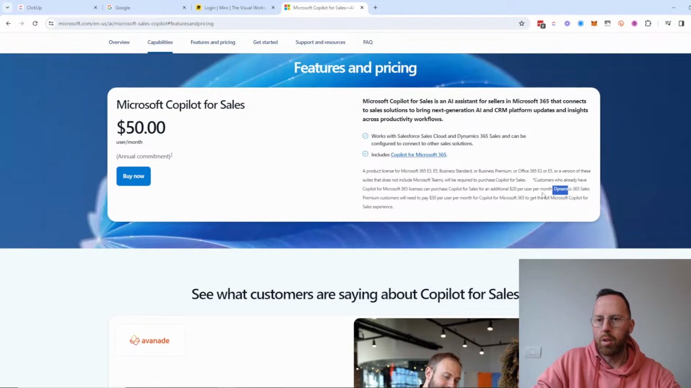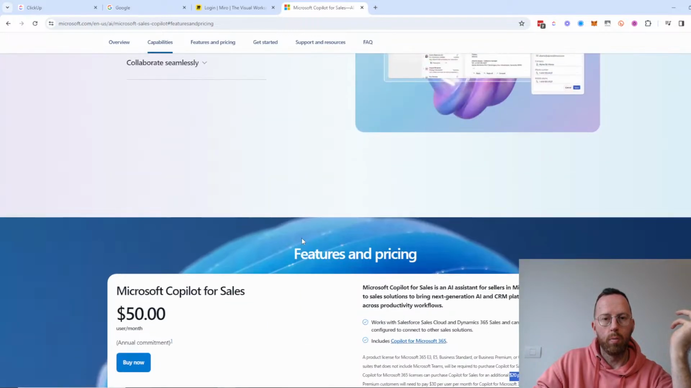Wait, Dynamics 365 premium customers will need to pay 30 per user per month for CoPilot for 365 to get the full sales experience. I mean, it adds up. I mean, by itself,